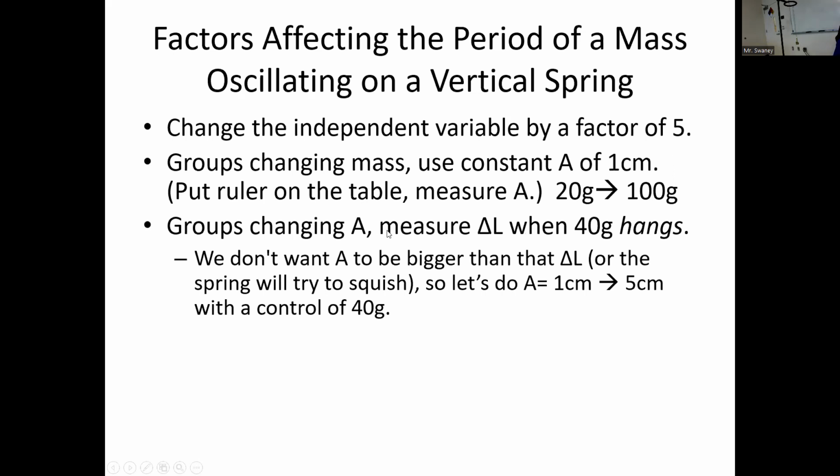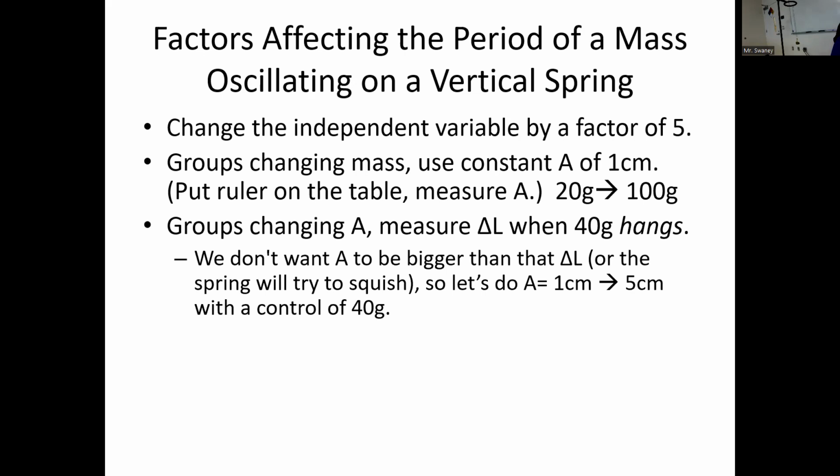Yeah, I think you don't need to worry too much about this. I'm going to skip this since I'm not there with you. Measure delta L when 40 grams hangs. Don't worry about it. I'll do my own little lab here. We don't want the amplitude to be bigger than the delta L. So I'm going to tell you the answer to measure this. Measure delta L when 40 grams hangs. Well, actually, you can do it. So basically what I'm saying is